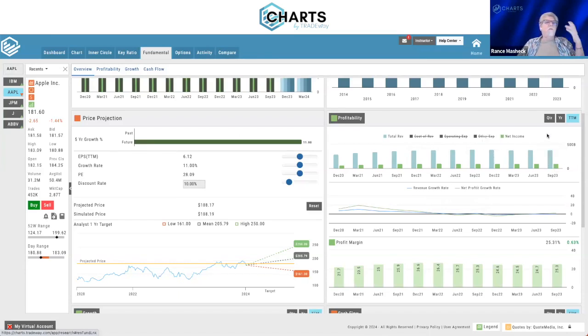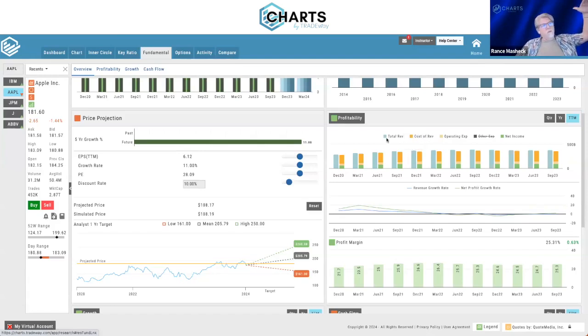Well, where did the other money go? Well, it went to things like cost of revenue or operating expense or other expenses that they might have, right? So just as a quick thing, cost of revenue is, you're selling iPhones, you've got to make the iPhone, right? So it's your cost of goods, or what it's costing to make that. So you're able to see that as part of that. So if you want to explore into this a little bit more, and just as a way to think about how to use this,